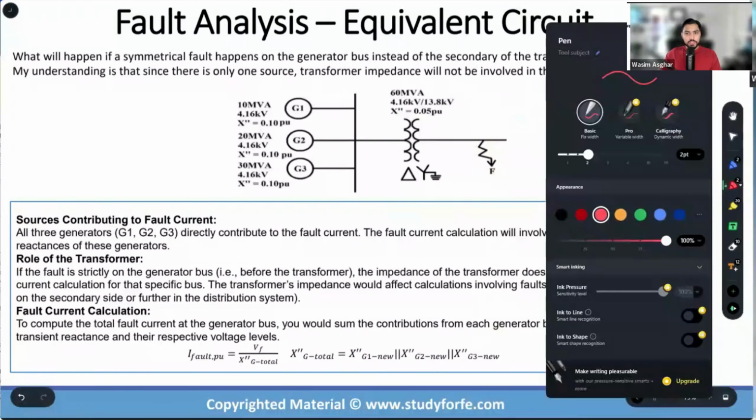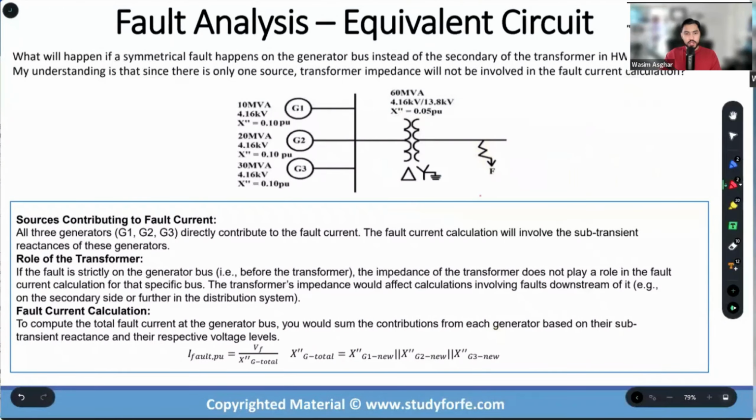The way that we approach these type of problems, we should start by identifying the sources of fault current contribution. So as far as the sources of fault current contribution are concerned, we have G1, G2, G3, the 3 generators. They directly contribute to the fault current. The fault current calculations will involve the subtransient reactance of these generators. Now,